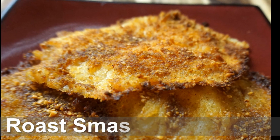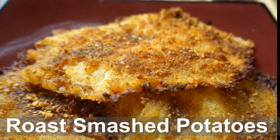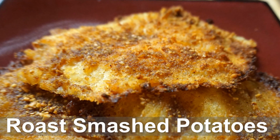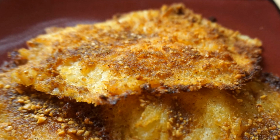Today on Passion for Food, we'll be making these delicious Suya spiced smashed potatoes. Suya spice is a delicious roasted peanut spice blend originating in northern Nigeria, and I will be showing you how